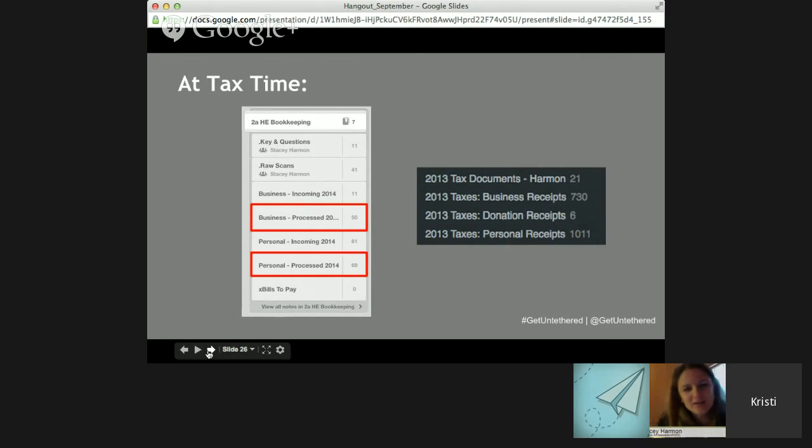What I will do is those processed notebooks become my archive notebooks for the tax year. So I actually rename the notebook name on the left, business processed 2014. At the end of this year, I'll rename it 2014 taxes business receipts. And that becomes my archive and my audit trail, my paper trail for any notes and receipts that I have. And then I also, at this point, will create a tax documents notebook that the intent is to